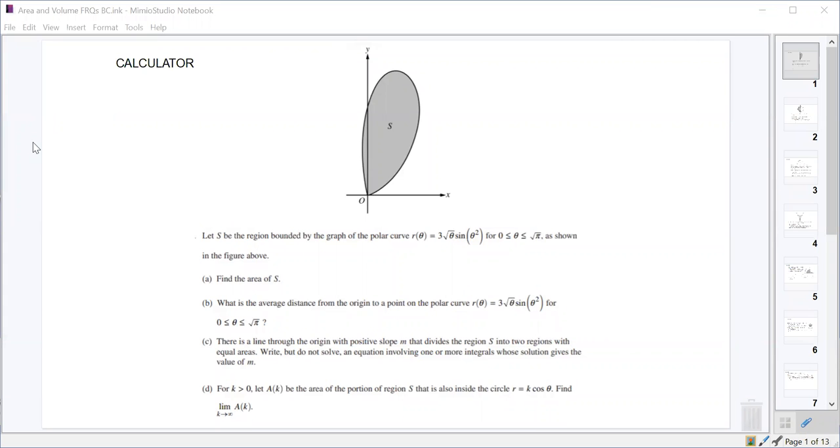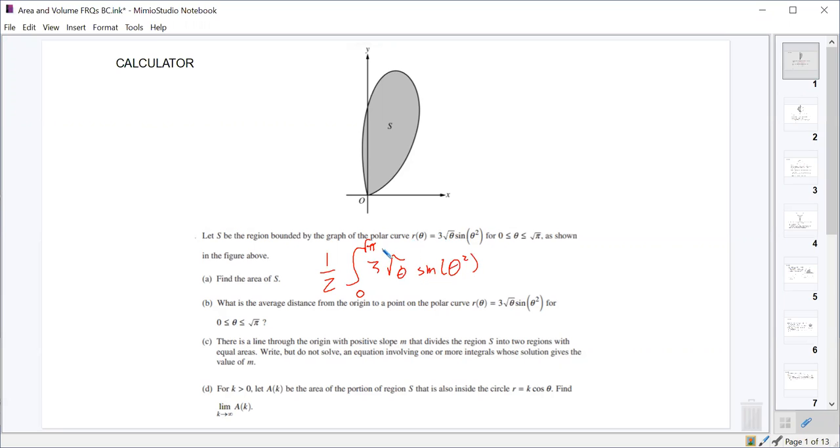So for part A, we just wanted to find the area of region S. They give us the function for region S, and they tell us the bounds on it from 0 to root pi. All we have to do for this one is know how to use our calculator and remember the formula for the area of a region in polar coordinates, which is 1/2 the integral of r squared d theta. So we have 1/2 of the integral from 0 to root pi of our function 3 root theta